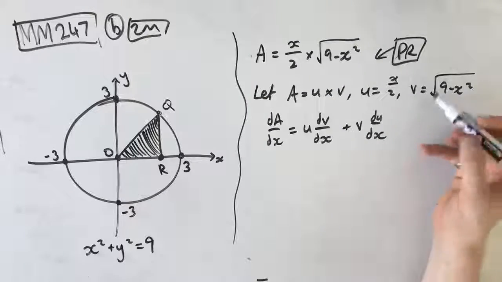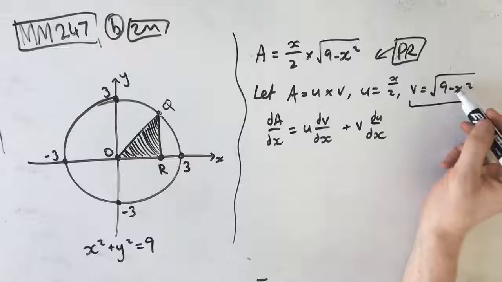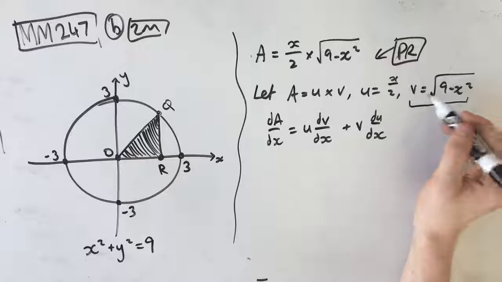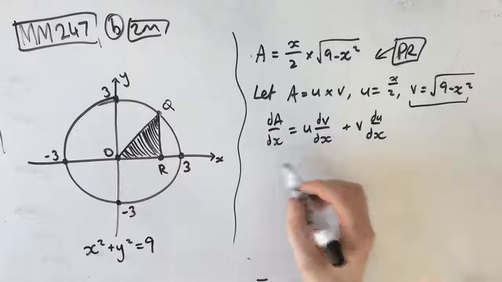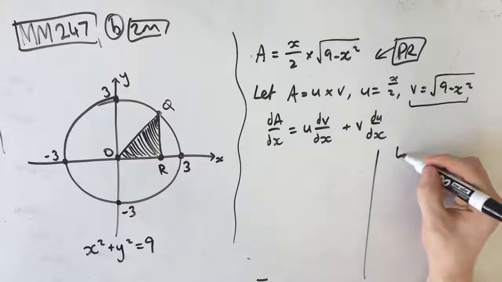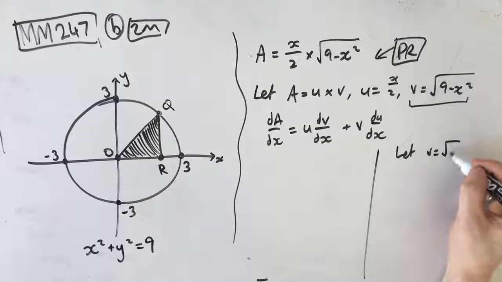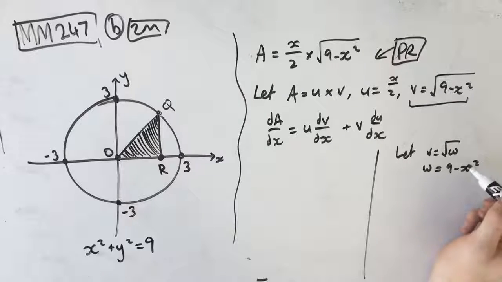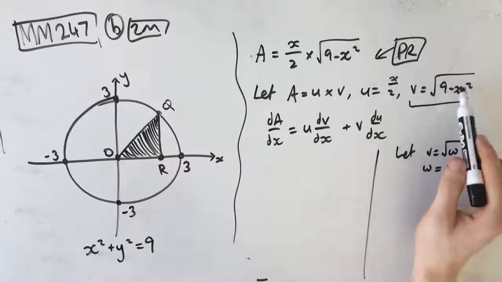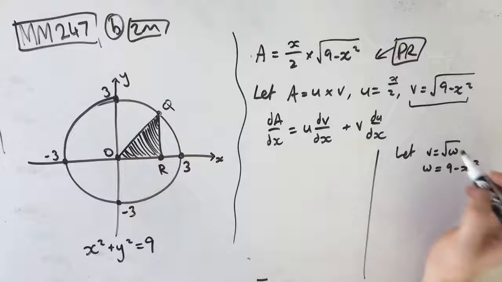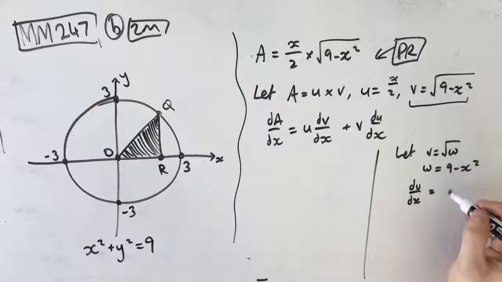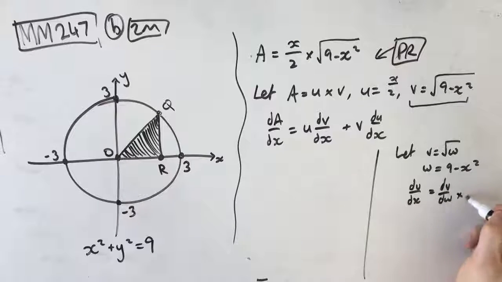However, this function here is a chain rule, like a composite function. So we're actually going to need to use our chain rule to find dv dx. So we're actually just going to detour for a second. So we're going to let v equal root w, where w is equal to 9 take x squared. We're just doing this because we don't have a calculator and we need to find the derivative of root 9 take x squared. Our dv dx is equal to dv dw times dw dx,